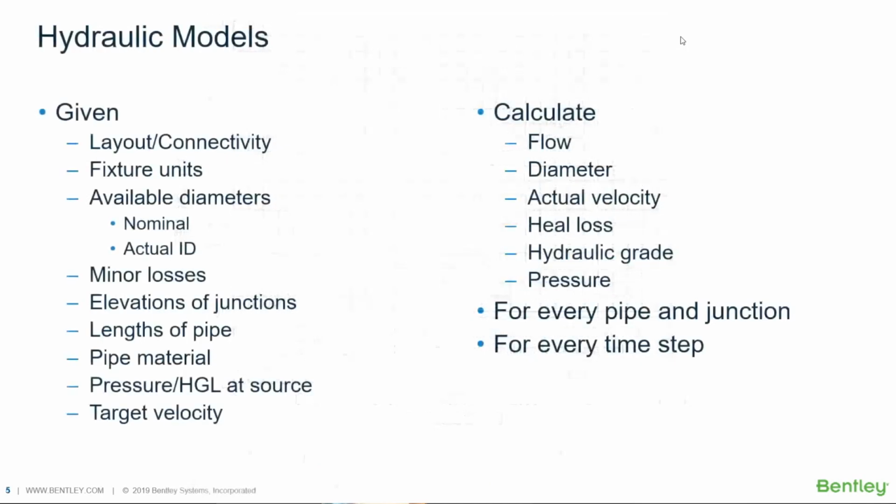Okay, so what do hydraulic models do? Or what do you have to give it? Well, the things on the left column are the items that you have to provide as input to run a hydraulic model of a premise plumbing system. And what do you get out when you put all that in? Most of that information is available in your construction drawings, your BIM, CAD, whatever it is. Those things are there for almost everything, except possibly you have to specify target velocity and maybe some pipe roughness information.